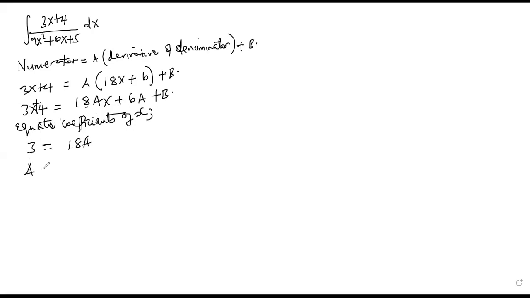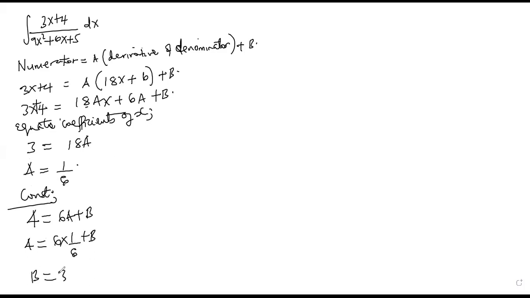So what is my a? 1/6. Then for constants, we have 4 is equal to 6a plus b. But you already have a as a sixth. So we shall say 4 is equal to 6 times 1/6 plus b, and you're going to get your b as 3, because this one will be 1, you subtract it from 4, you get b as 3, implying that